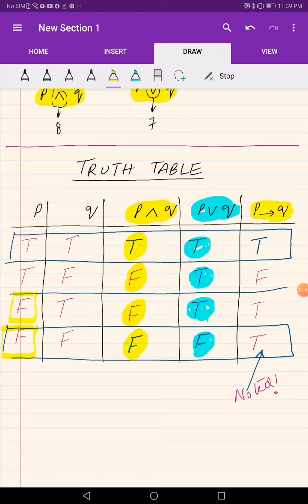When the first statement is false, the truth of the second statement does not depend on it. Because if I say yesterday was not a Friday, and tomorrow is a holiday, yes, tomorrow can be a holiday. It's a true statement. And if yesterday was not a Friday and tomorrow will not be a holiday, yes, they